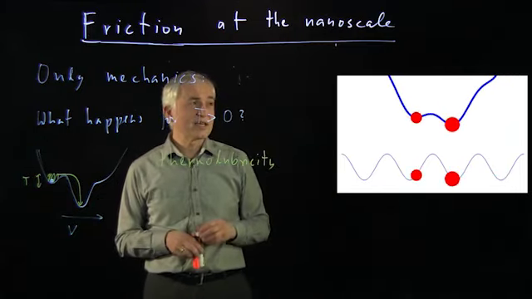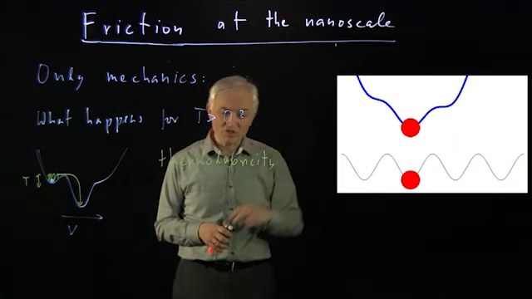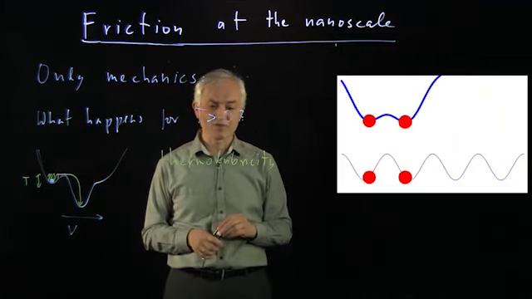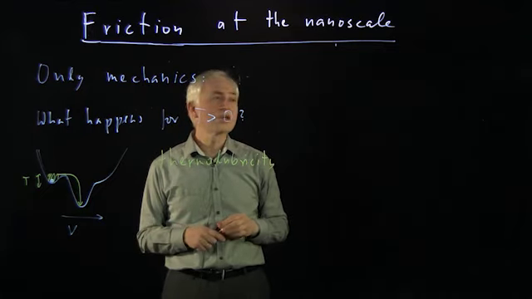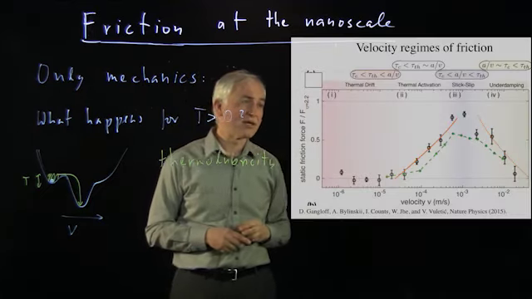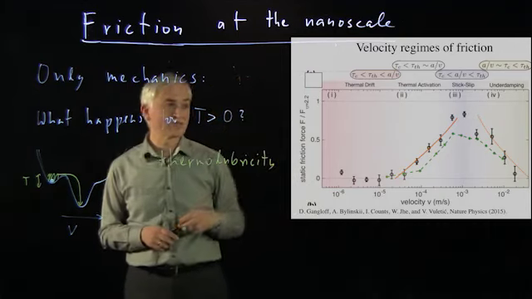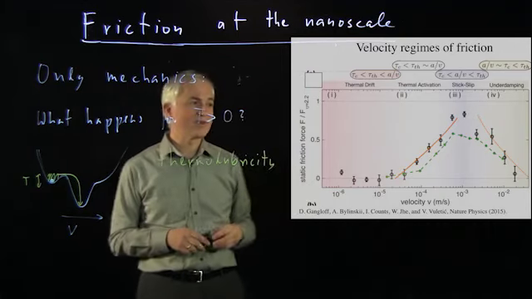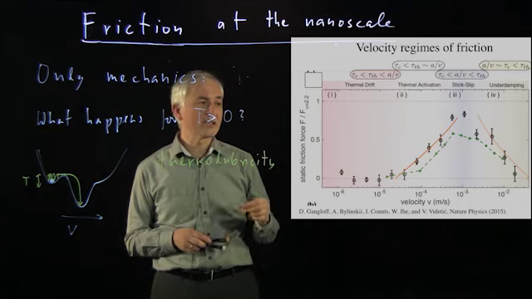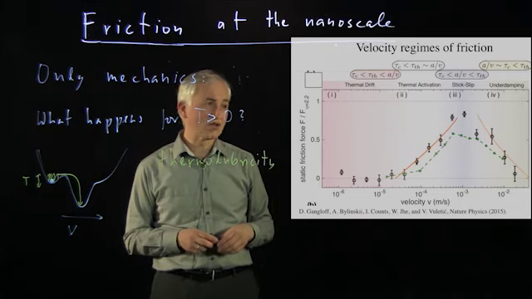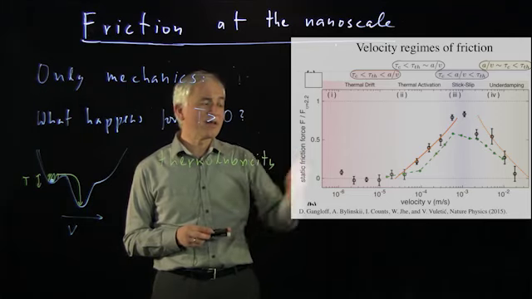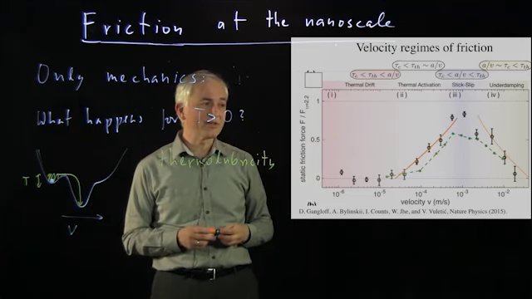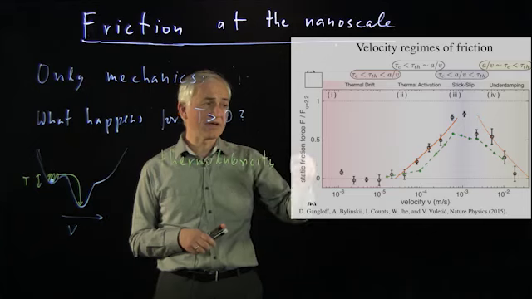So in this case, if we do a measurement of friction versus velocity in a simulator that we do, then this is what the result might look like, or what this result does look like. We see here different ranges of friction. We see a range where the friction does not depend on velocity at all. It's zero, friction is zero. Then there's a range where the friction increases with velocity, but only very weakly, logarithmically.